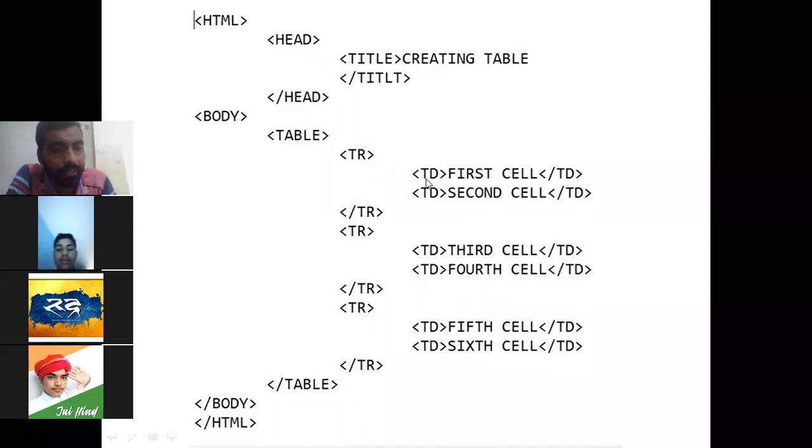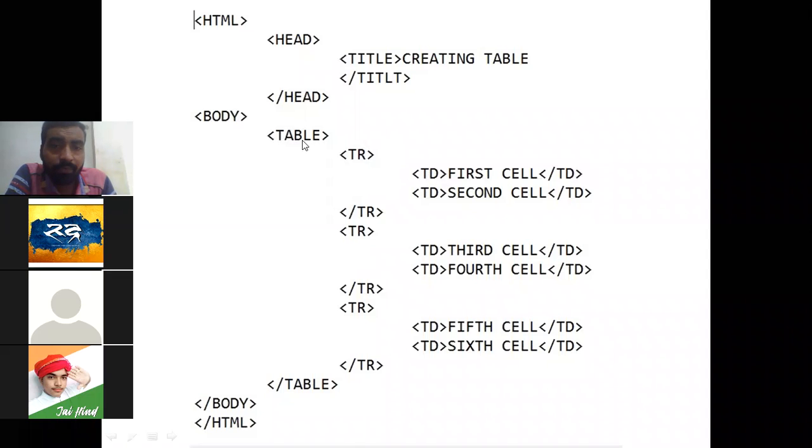Here TR stands for table row. As you all know, a table consists of rows and columns. It represents the information in the form of rows and columns. So the rows and columns are created with the help of the TR and TD tags.